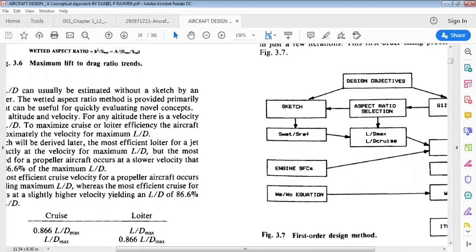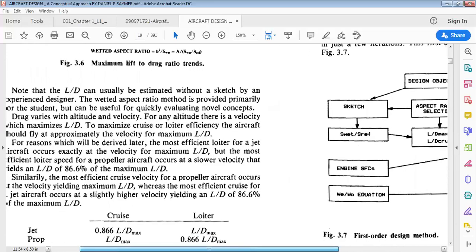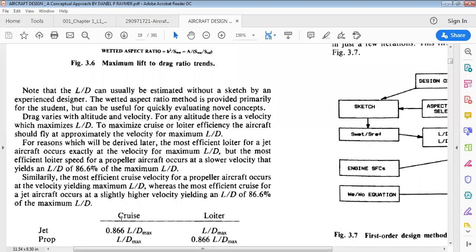You can see here this condition. Here always make a note of it. Cruise for the jet. What is cruise? It's a range. We are speaking about starting to cruise at some altitude, right? It is a range. That is called cruise for the jet is loiter for the propeller. Loiter for the jet is cruise for the propeller. So it is vice versa for propeller based aircraft.